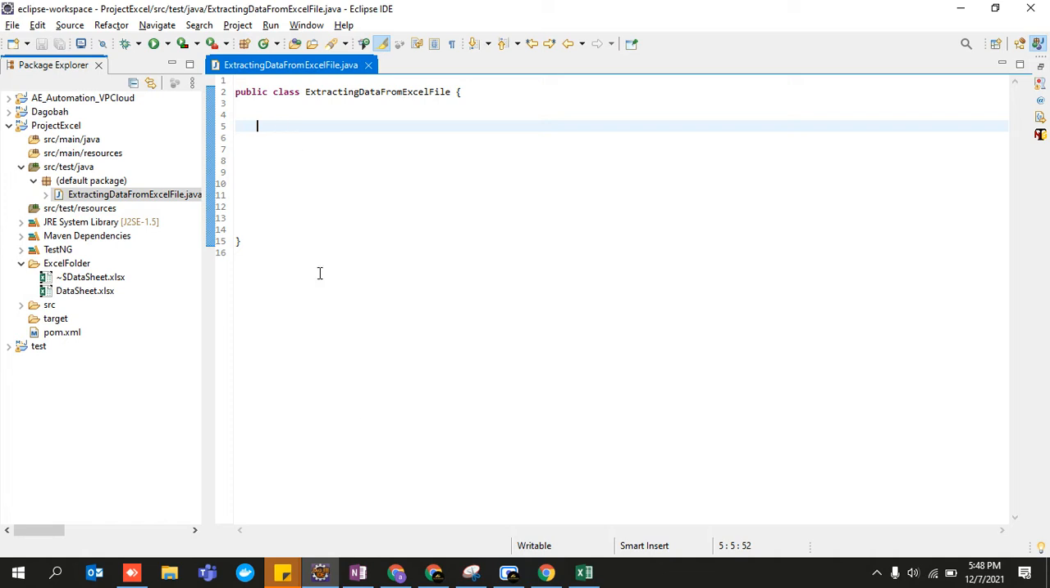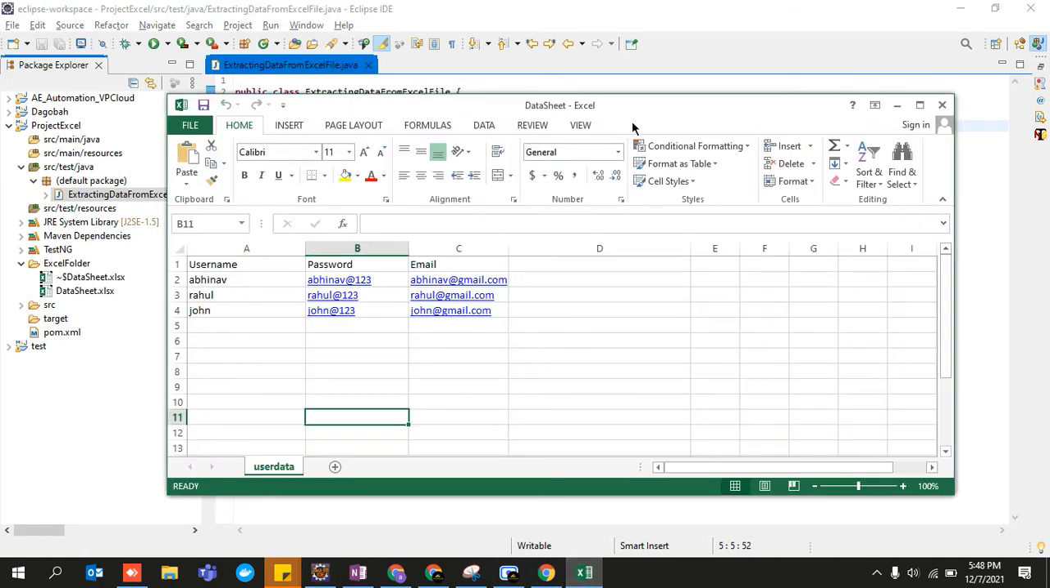So in order to code, first you need to understand what we have to code for, what are the methods we have to create. It contains four rows, one, two, three, four, and three columns, which means that I have to read the data present in this Excel sheet, user data, which is present in four rows, that is row 1, row 2, row 3, row 4,